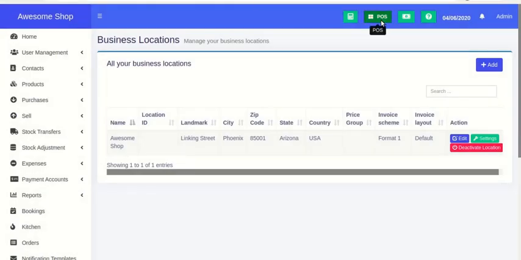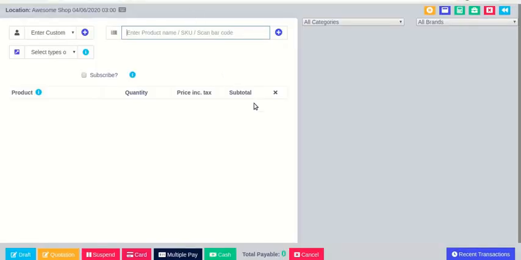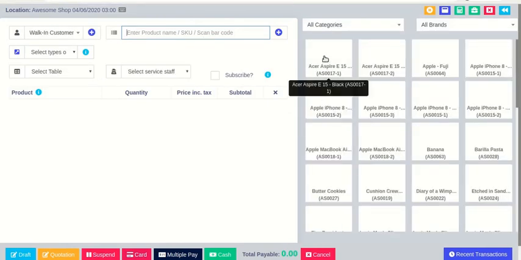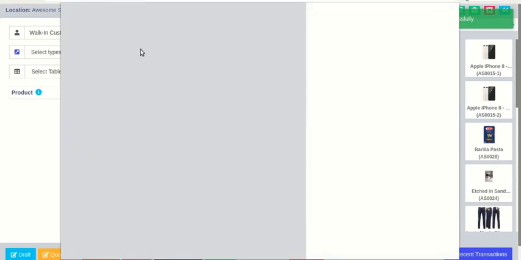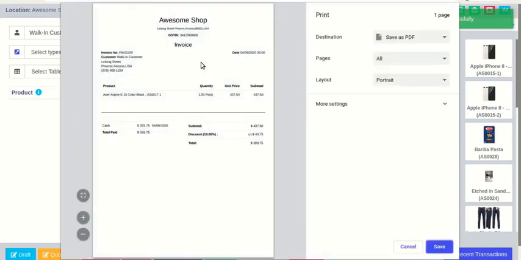So I will go to the sales screen, POS screen, and I will sell a particular product. I have added this product to the cart. Let me click on the cash button. After clicking on the cash button, it will show me the invoice preview. In the invoice preview, you can check the invoice number, it is showing me FM1, which was our prefix, and the starting number is 100,